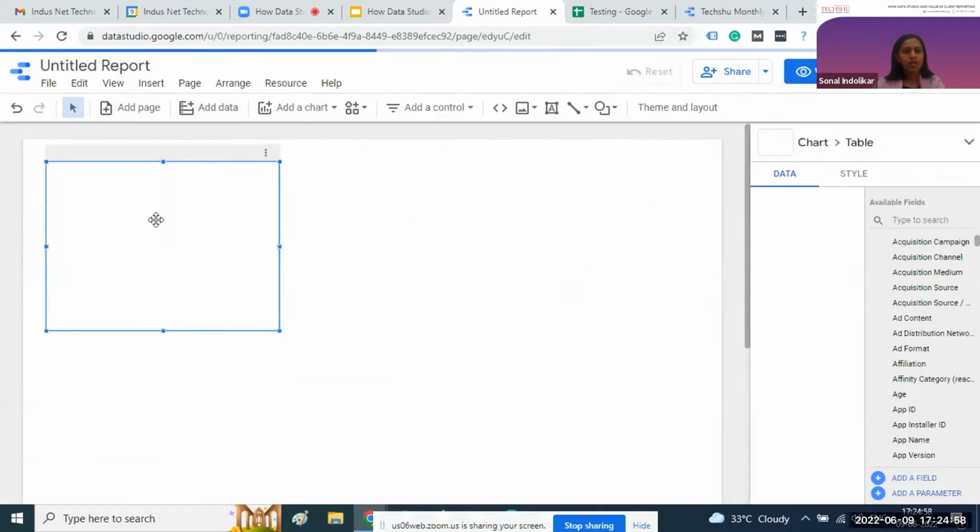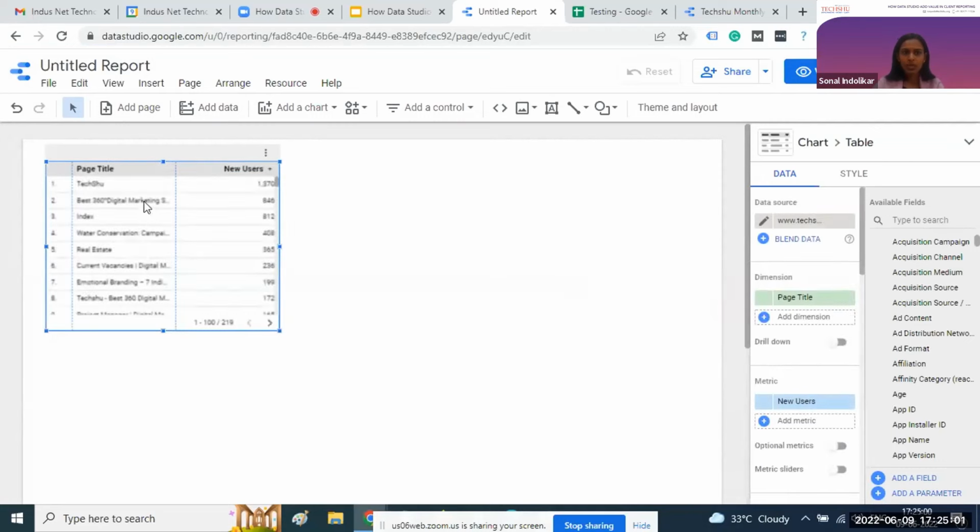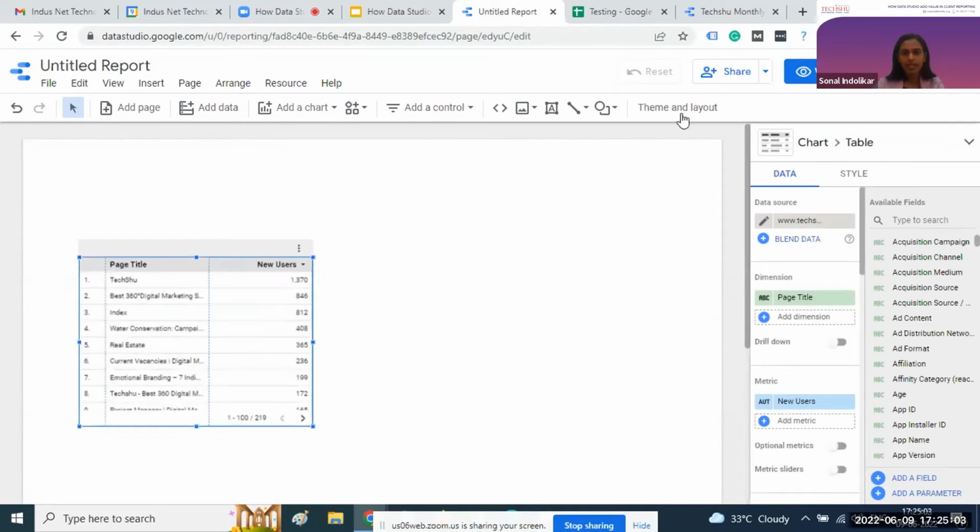Okay, so the connection building part is done. Now the Google Analytics data is available in this template, and our role is to visualize the data logically in this template.